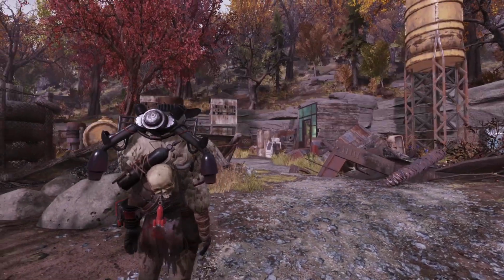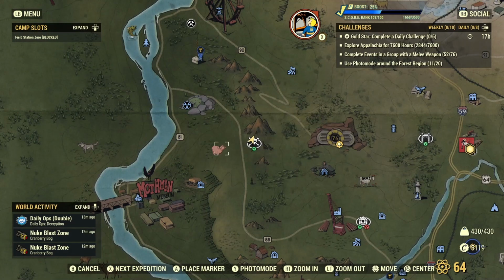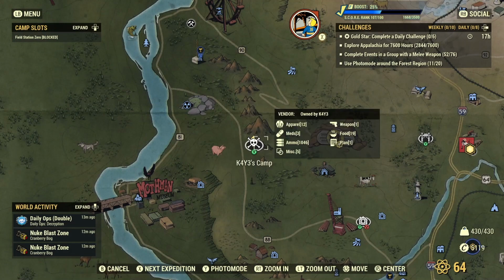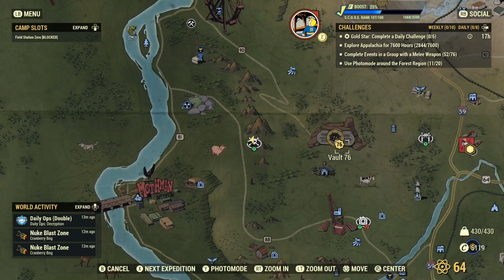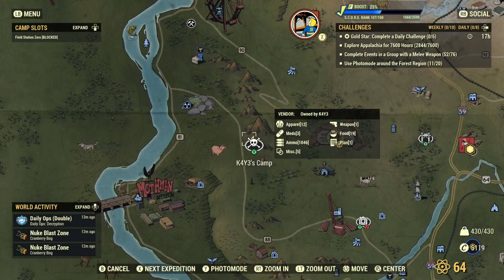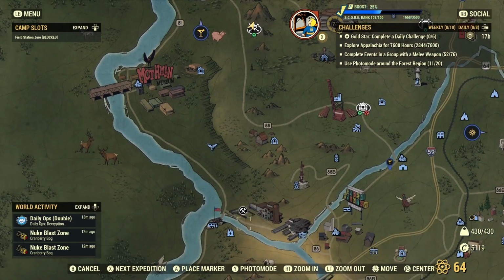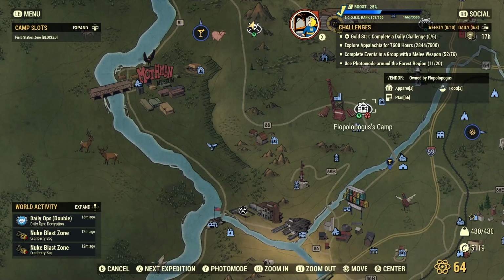It's a good spot, and it is in the forest region right here across from the pig, across from the road. The eastern location that'd be closest would be Vault 76. So yeah, if you're in this area or you want to build in this area, this is one that I would recommend if you need a lot of resources relatively quick. I'm going to go down here to the next one, which is